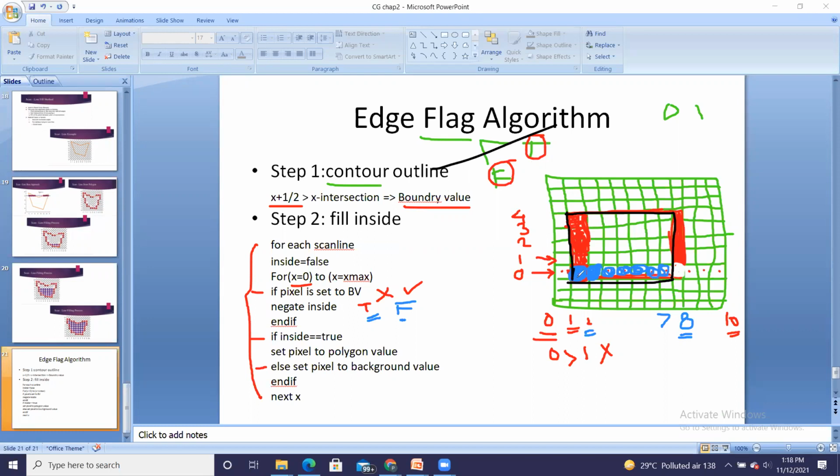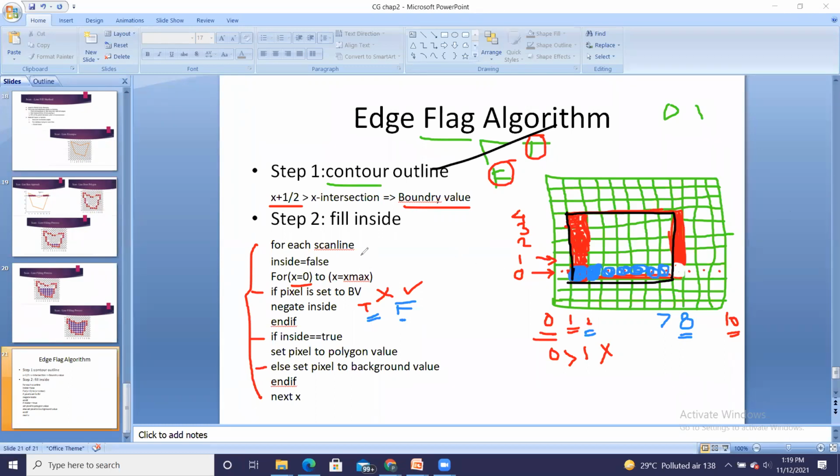Okay, so here 2 steps are there. Contour outline, that is, it is considering the x plus half distance and whichever are lying on the right hand side of the intersection. And then you have to consider the leftmost pixel for drawing the contour outline. So once the outline is ready, then use the fill inside algorithm.